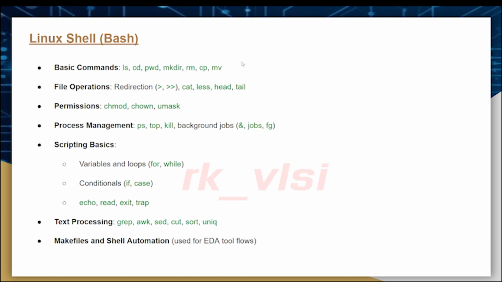How all those things are done, and the file operations like the redirection operator and the cat command. It is used for creating files and viewing the file content. All these commands are required, along with permissions for files, process management, and scripting things like applying loops. Everything will be very useful. Why? Because you are working in the Linux environment itself, so you must be aware of all the scripting language